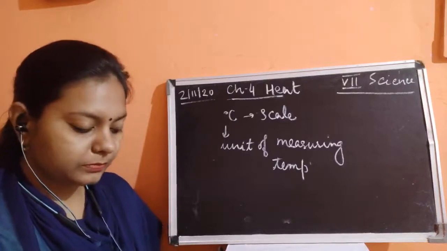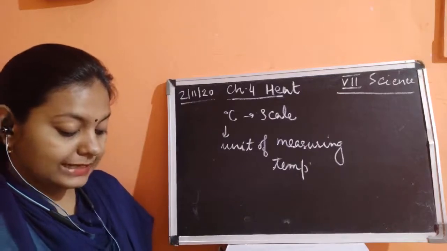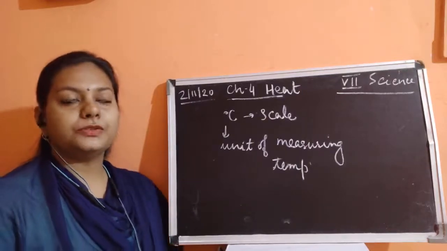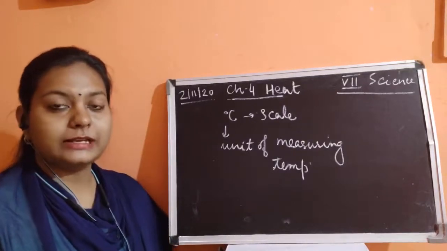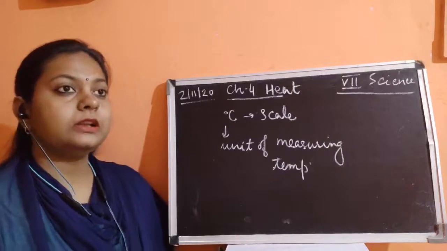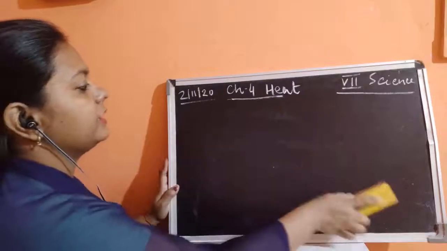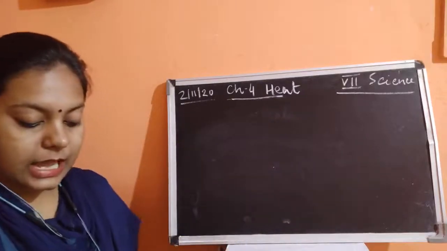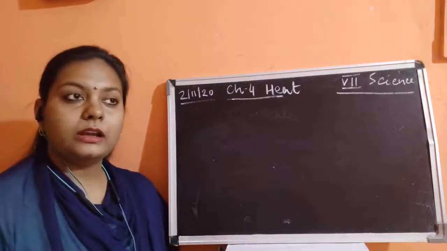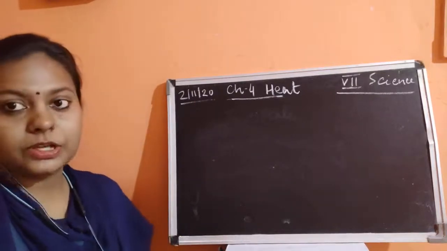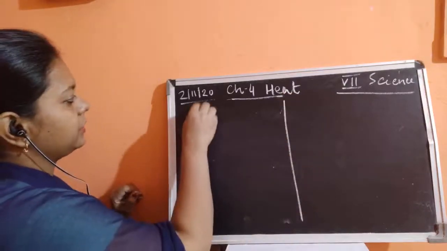Then we discussed that for measuring the temperature we need to follow certain precautions, because we are dealing with the clinical thermometer and it has to measure the temperature of various people. We have to take care of certain points, and all those points were already discussed in the last class. I have also discussed the structure of the laboratory thermometer, which has some differences. So I'll be continuing with the differences between clinical and laboratory thermometer.